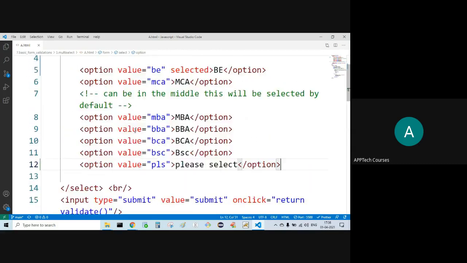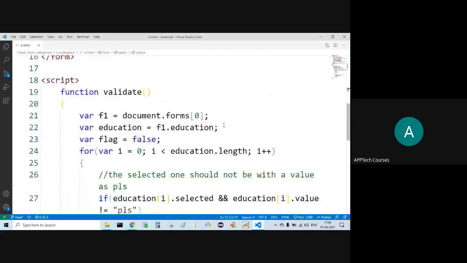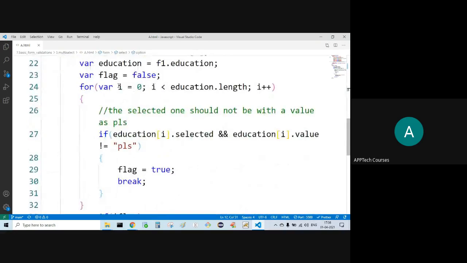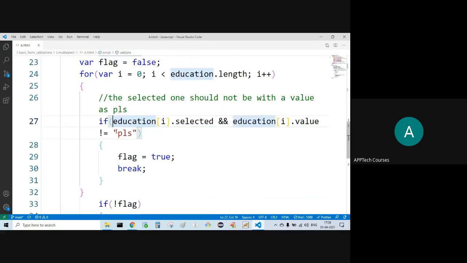See here, it is array, right? Array. Assume that I is equal to 0. Selected, huh? If this is returning false, what happens? Still we are in the loop. Coming to the second iteration, 1. 1 selected? No. Assume that did not. Still we are in the iteration. 2, 3, 4. Till the length.